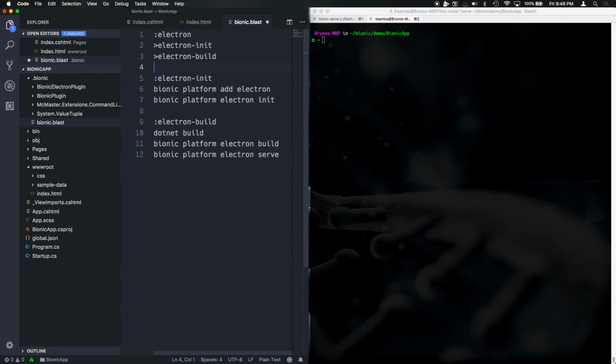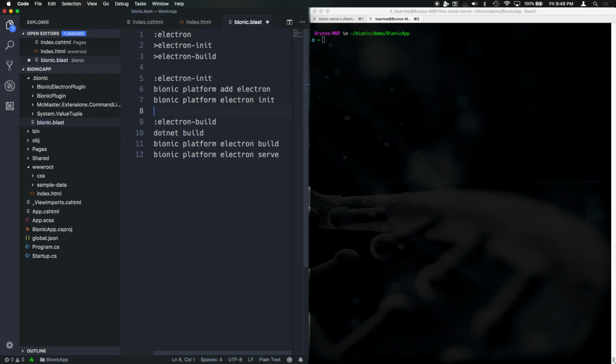And in here I'm just creating a small blast script to run a sequence of commands, and it works with targets. So everything that starts with colon is a target, everything that starts with greater than is a go to Electron init, in this case target. So it navigates to this target, runs this in sequence, then navigates to Electron build target and runs all these